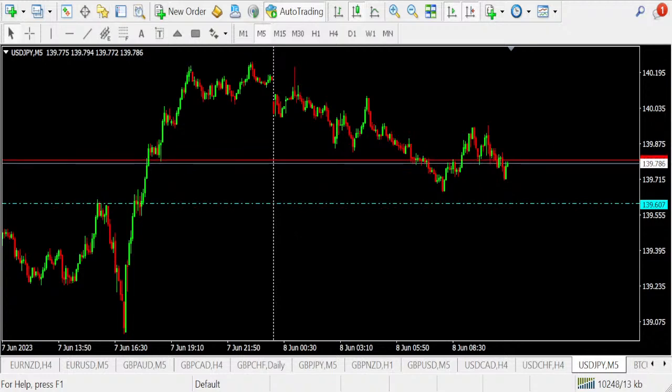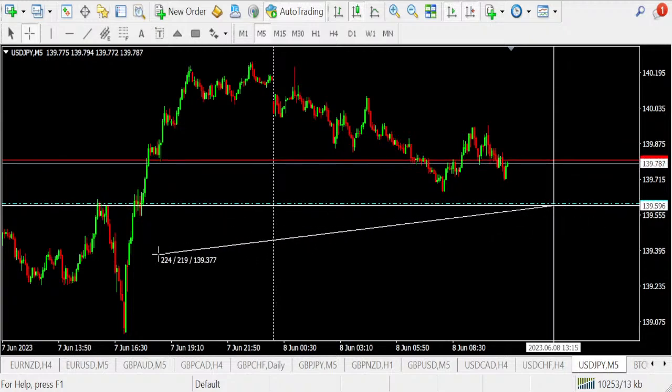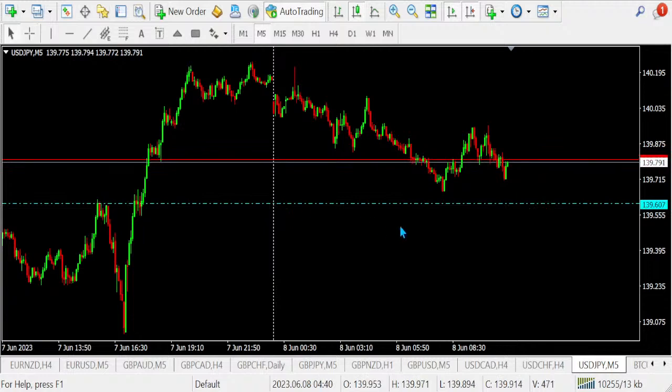Okay, right. So let's talk about this plan for dollar yen. 139.607, I want it to break below. After retest as a resistance over here to set up one resistance, I will have my first 23 pips. Okay, so after that, if that breaks that level, it will continue to go down for about 57 pips. Okay, that's for the dollar yen.